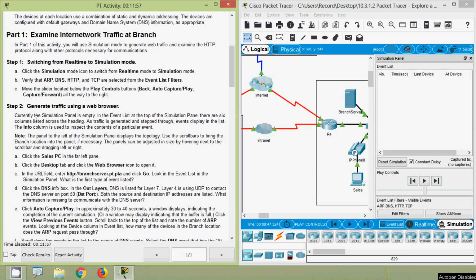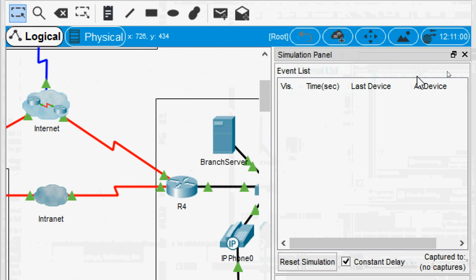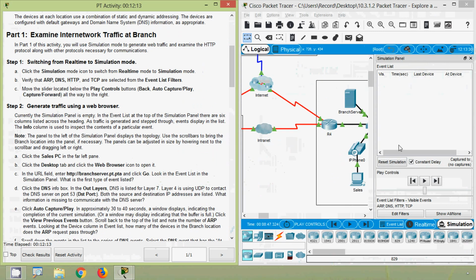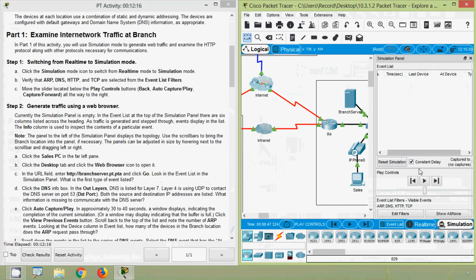Right, now we will go to step 2, generate traffic using a web browser. Currently the simulation panel is empty. In the event list at the top of the simulation panel there are 6 columns listed across the heading. So here we can see that simulation panel and we can see it's empty. Here we can see these details